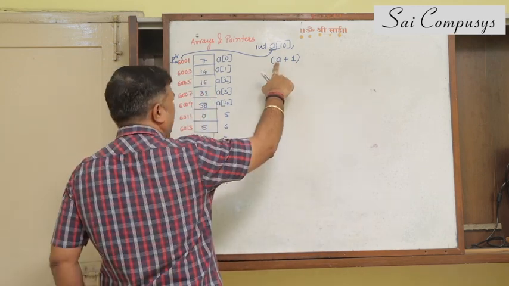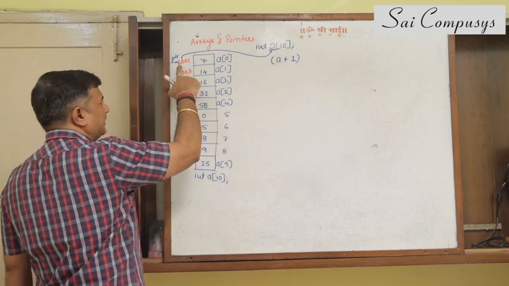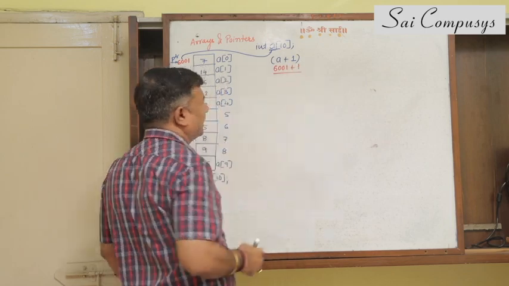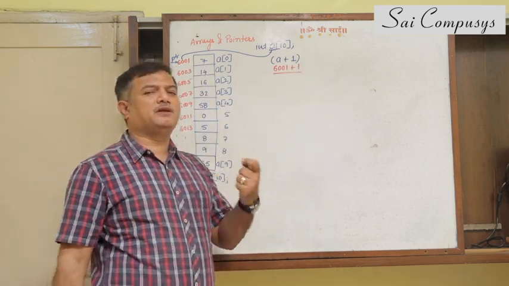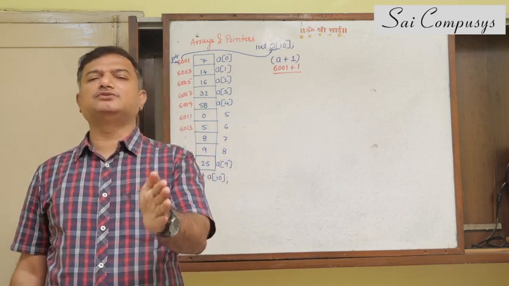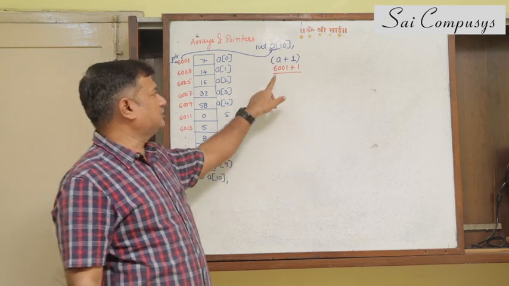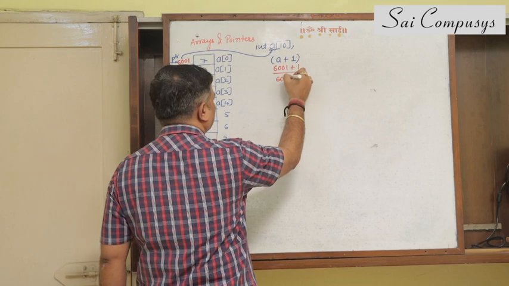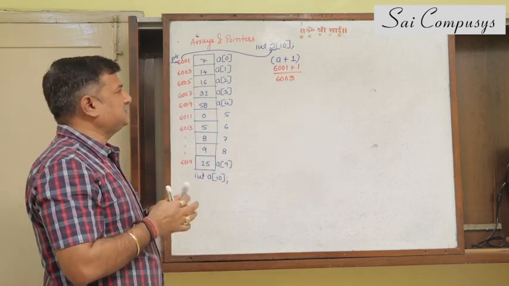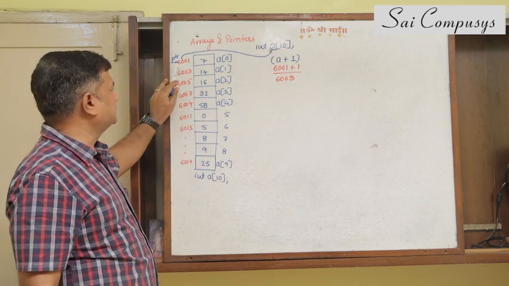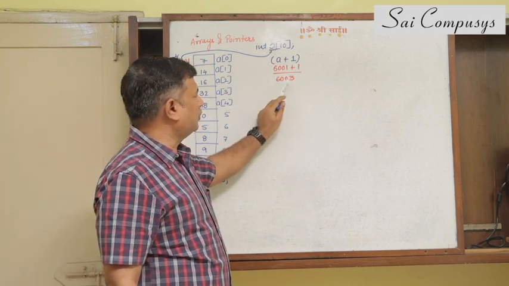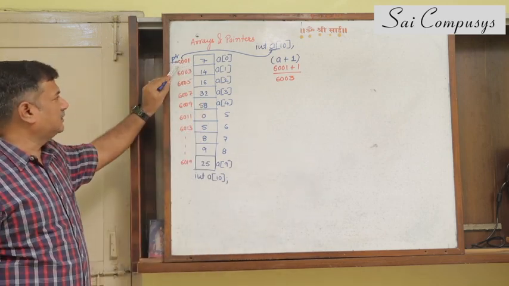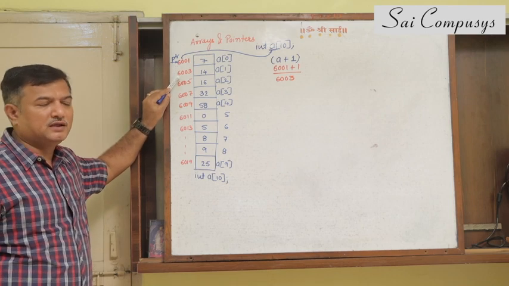So see what happens is A is the name of array. Name of array contains starting address. So this is actually 6001 plus 1. This 6001, had it been a regular integer number, would have incremented it to 6002. But as we know, the 6001 is an address of integer, so plus 1 gives me 6003. Did you get this point? A plus 1, A is the name of array contains starting address. Address plus 1 is not 6002, but it is 6003 because you should be getting the next address. 6001, next address is 6003.